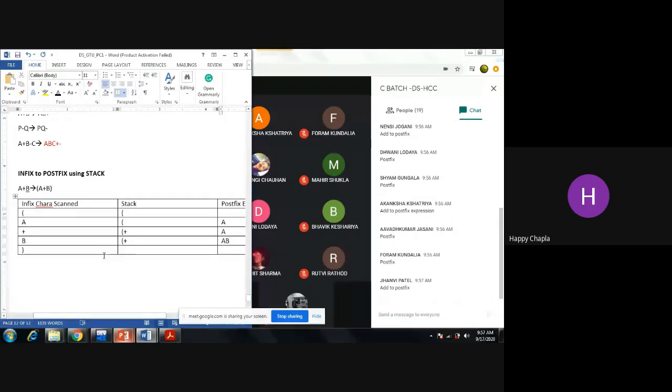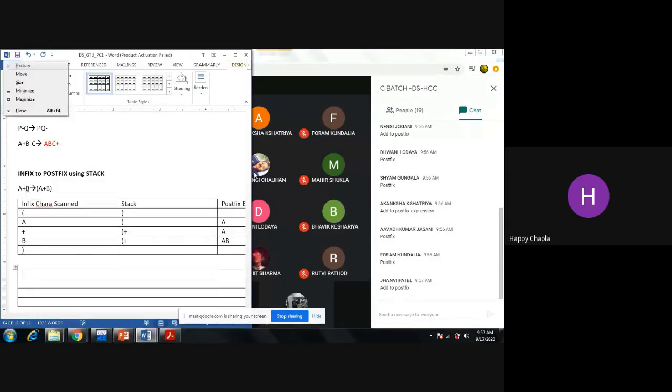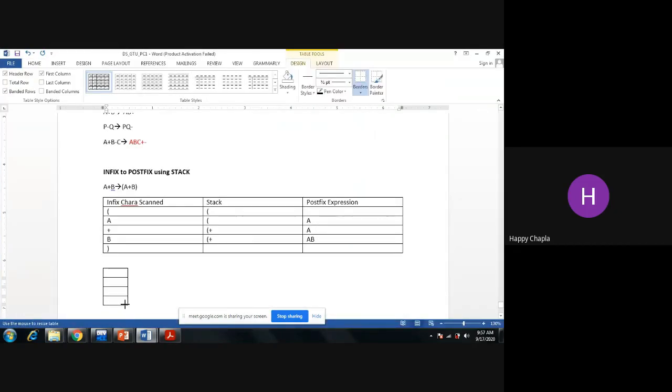Now I am encountering the closing bracket. Then what will be the things over here? Actually your stack is something like this. This is your stack, right? So first I am writing like this, starting bracket, plus and other things. What is the top of this stack? Top of this stack is plus.